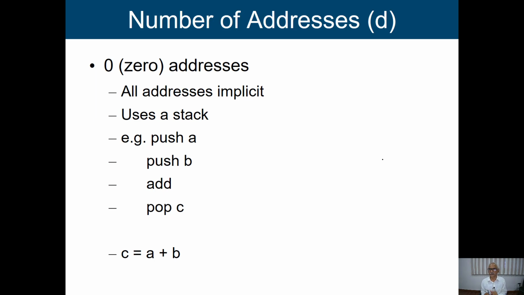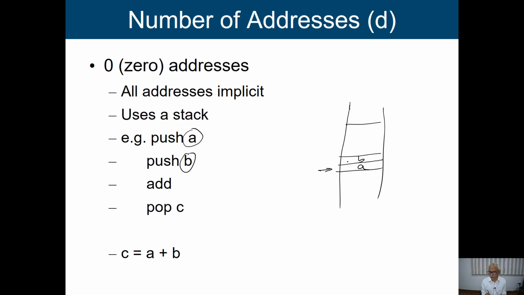So what does it mean? You know what a stack data structure is, and you know its property: last in, first out. That property we are going to use, and we need not specify any address. So if this is an element A and we push it, I know that this is my stack, so on the top of the stack I put A. If I say push B, then B will be pushed over here.